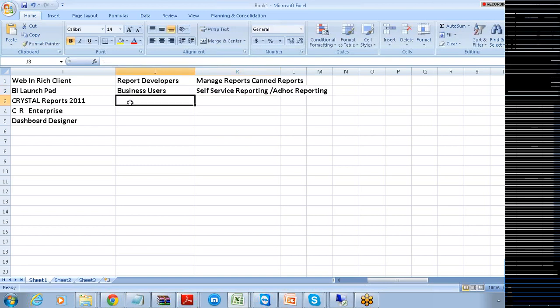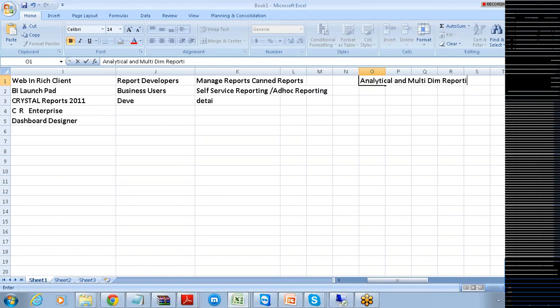Crystal Reports is supposed to be used once again by developers for the purpose of creating detailed reporting from BODS. Detailed reporting. See, these two kinds of reporting are basically analytical, and we also call this one multi-dimensional reporting.